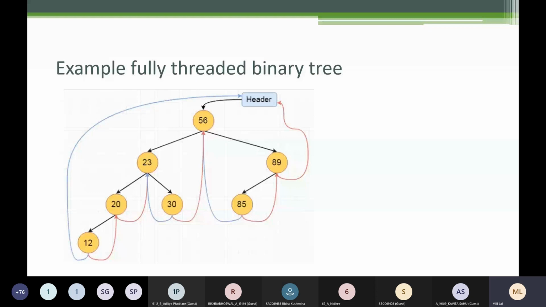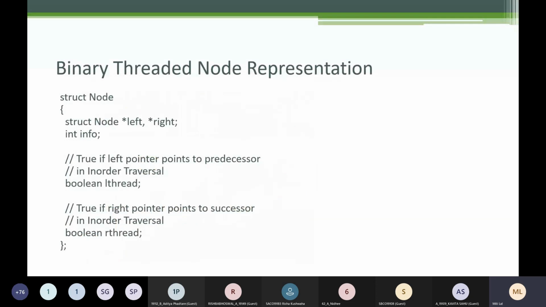Okay. So that's the example. Then, as I told you, the structure of a threaded node representation, you have the node left and right. And if the left pointer points to the predecessor, then you have the Boolean left thread as true. And if the right pointer points to the successor, you have the Boolean right